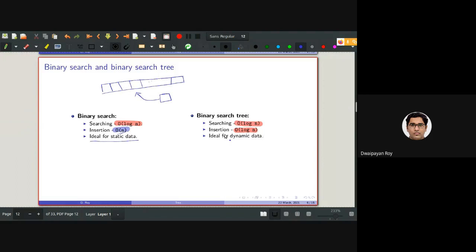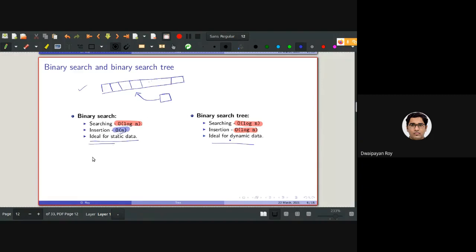If there is a change in the tree, in terms of addition or deletion of nodes or values in the data structure, it is better to use a binary search tree as compared to binary search. Because for binary search, we need an array, and for insertion as well as deletion, we need to move items, right?